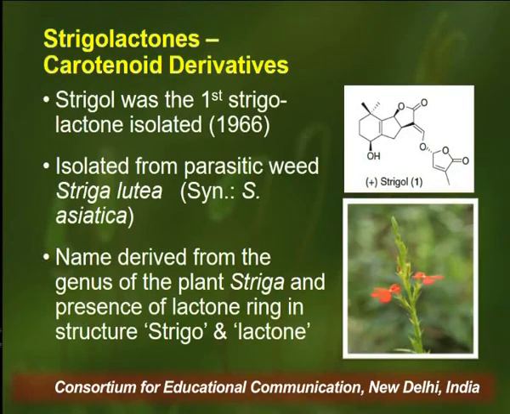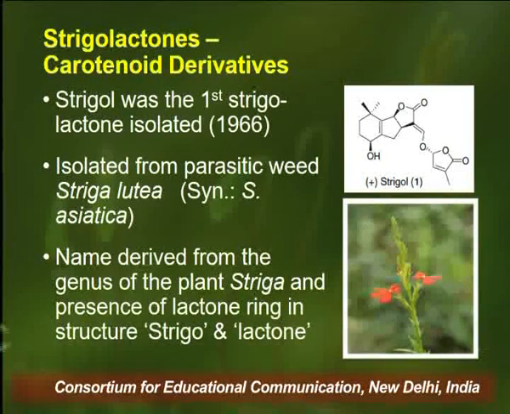So friends, now I will discuss the last two classes of plant hormones, that is strigolactones and salicylic acid. Now strigolactones are considered to be carotenoid derivatives, and in 1966 the first strigolactone, which was named Strigol, was isolated from a parasitic weed known as Striga lutea, and now it is known by the name of